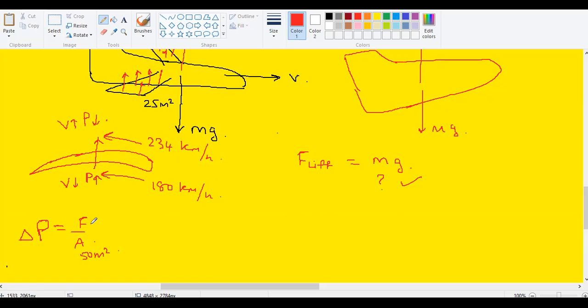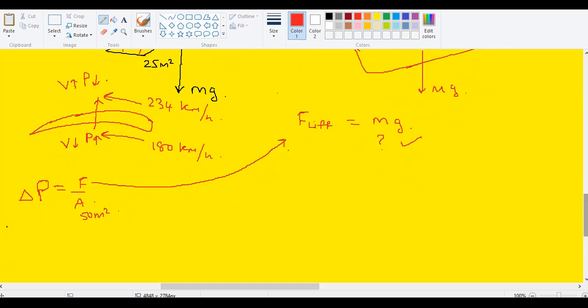So that should go over here. So F lift should go over. We are talking about level flight, so I can assume that the height here and here are almost the same. There's not much of a difference. So we can go back to our Bernoulli's theorem. Usually I write this as 1, this as 2. P1 plus rho g h1 plus half rho V1 square is equal to P2 plus rho g h2 plus half rho V2 square.